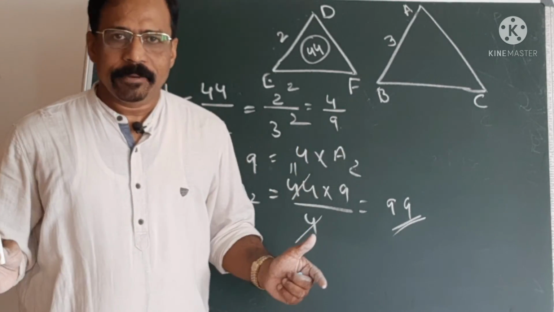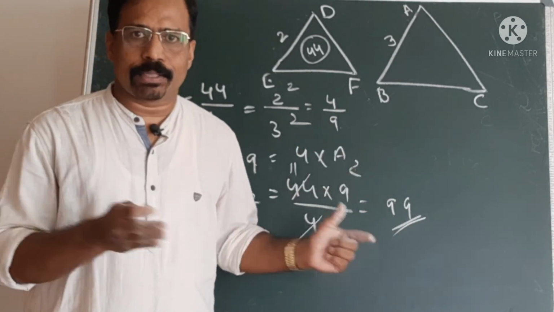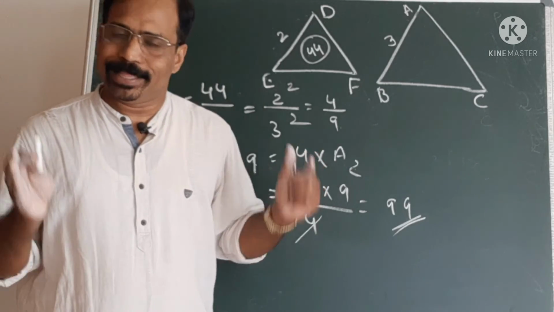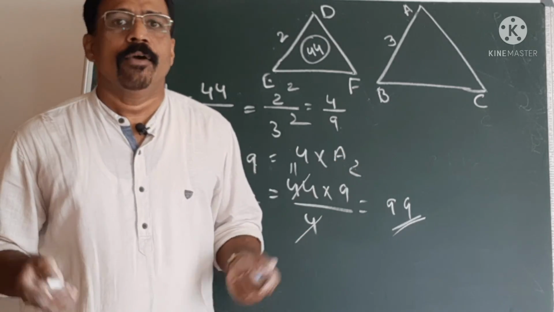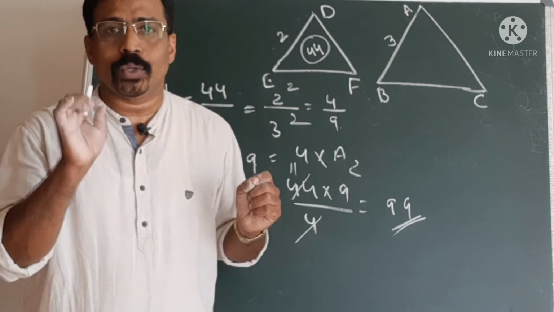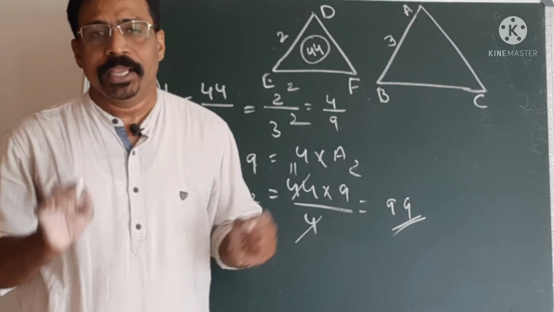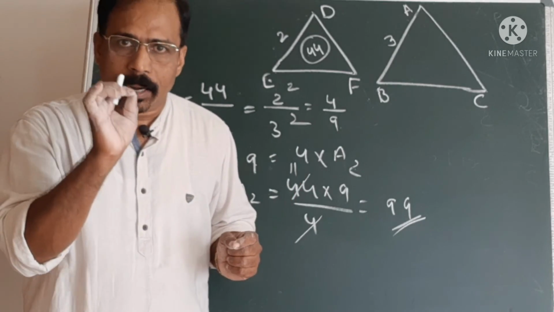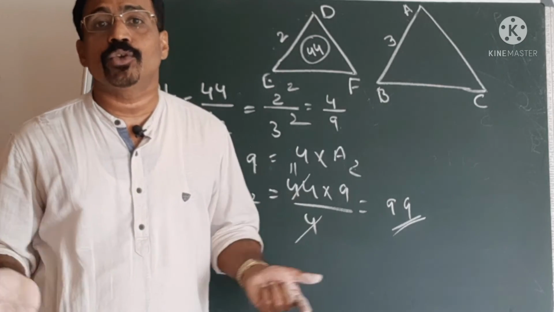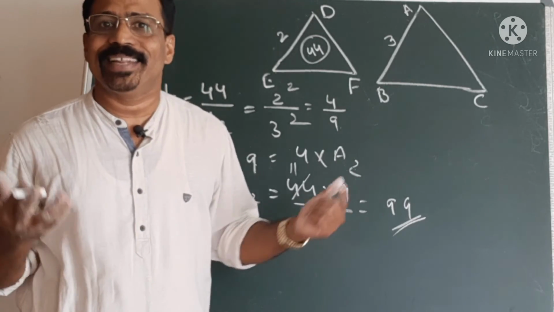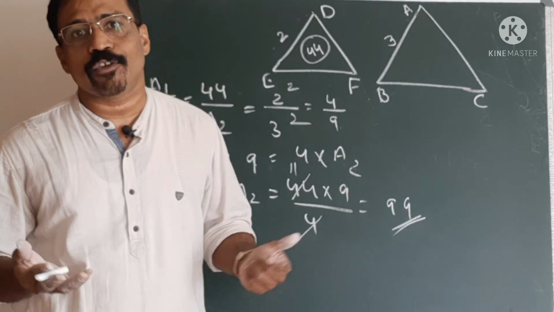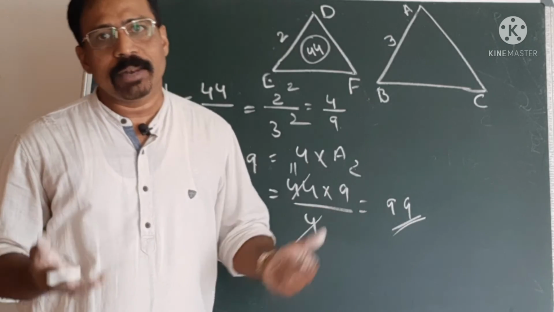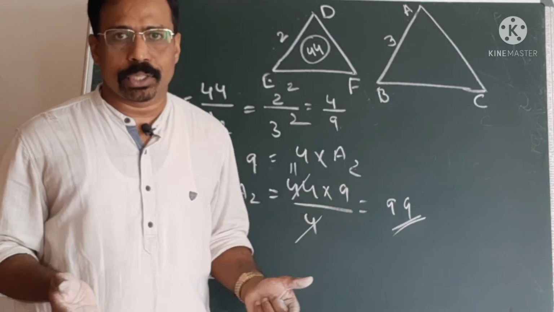So today we have done a few MCQs of chapter 6, that is triangles. I think that it is very clear to you. These questions are very easy, but first and foremost you should understand the meaning of the question. In mathematics, if you know the meaning of the question, then it is very easy to solve. Mathematics is a very interesting subject. It should be your hobby to solve all these kinds of problems. MCQs will be there in the exams, so please practice it and wish you all the best. Thank you.